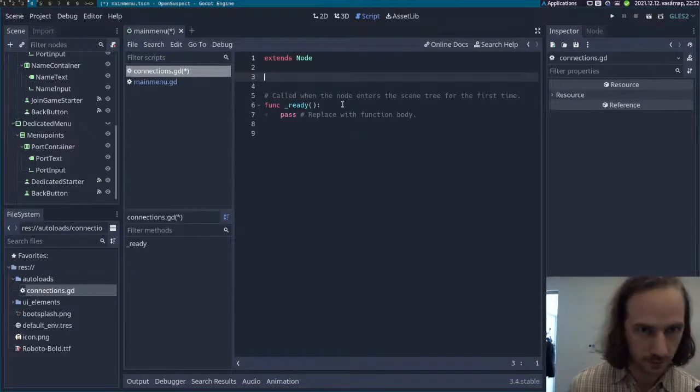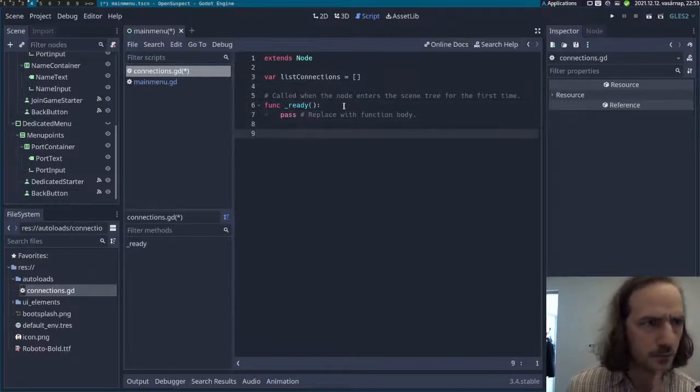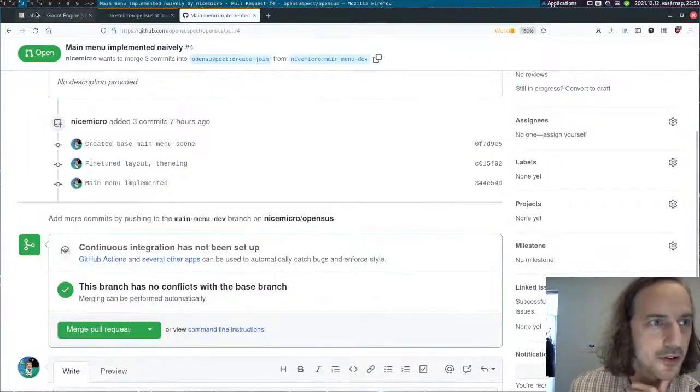And for these connections, what we need to do is, I guess we will have to have a list of connections. Is this how I tell Godot that this should be a list? And for this one, I should have opened a tutorial already, but